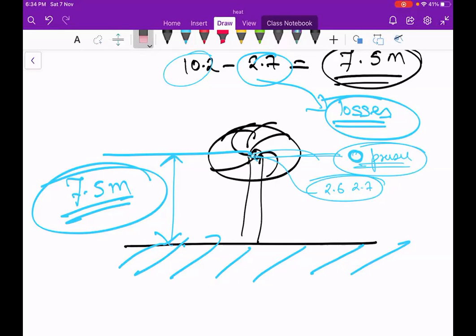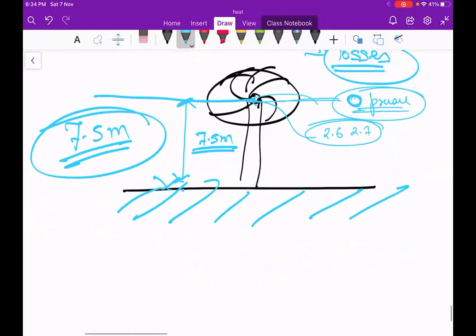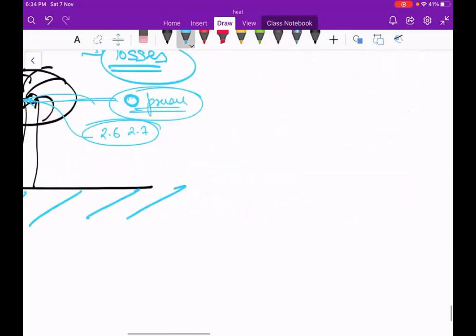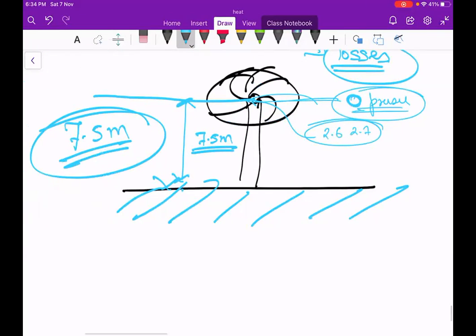So you can pull the water only from 7.5 meter of water. Now the second question arises: